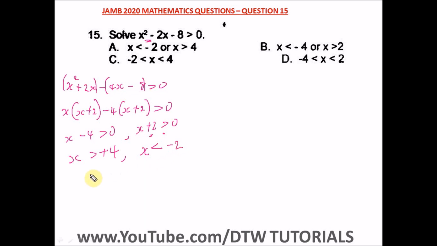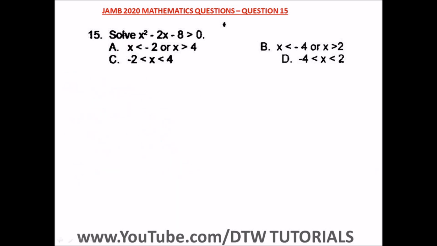So after getting this, we know that x is less than minus 2 or x is greater than 4. So we agree with me that our answer here is A, x less than -2 or x greater than 4, which is +4. So that's our answer for this question number 15. So with that, we go to question